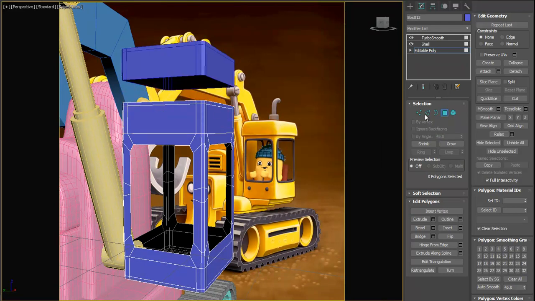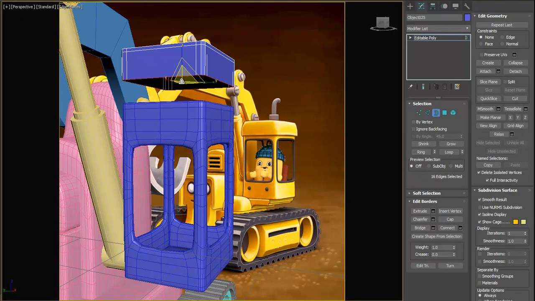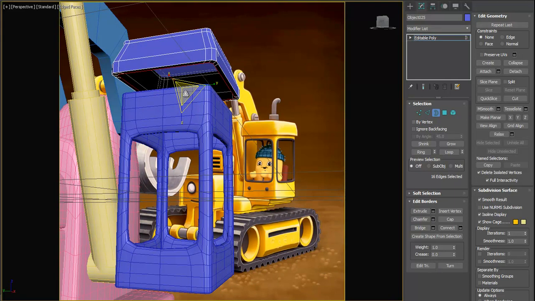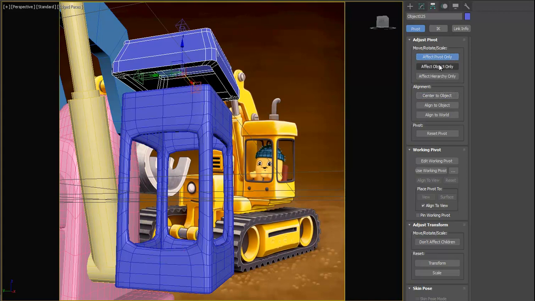Let's make it a separate object and scale this bottom part and shift dragging down and shift scaling in. So let's adjust the pivot to make it centered,